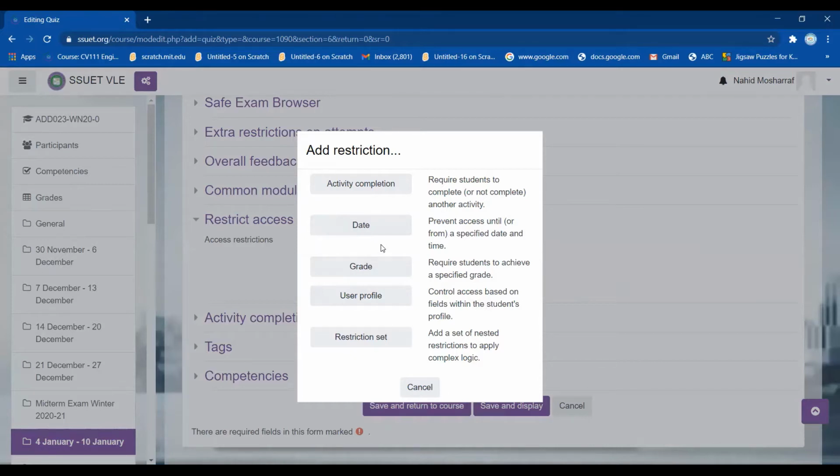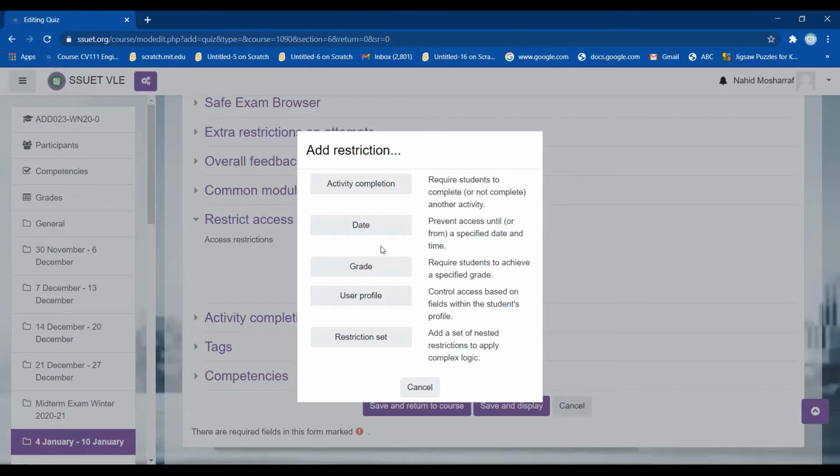For example, if any teacher is teaching in different sections, for example, section A, B, C, and D, but one teacher is teaching in section A and B, and the other one is teaching in section C and D. So obviously, the concerned teacher of section A and B, for example, right now I am teaching section A and B, so I will apply restriction for that, so that there must be the group.